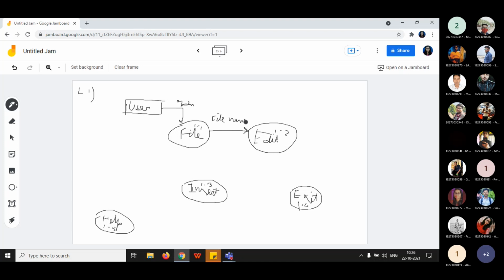With the file name, the user can edit the file. Next, see, if you are inserting something, using a symbol or object, you can insert anything in your file. So from file the data is flowing to the insert process, and the data flow name is object symbol.